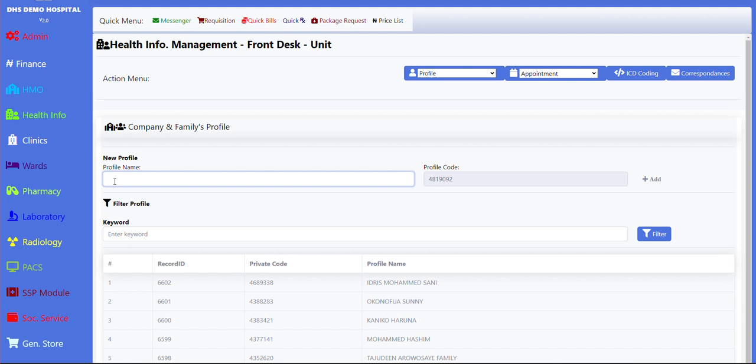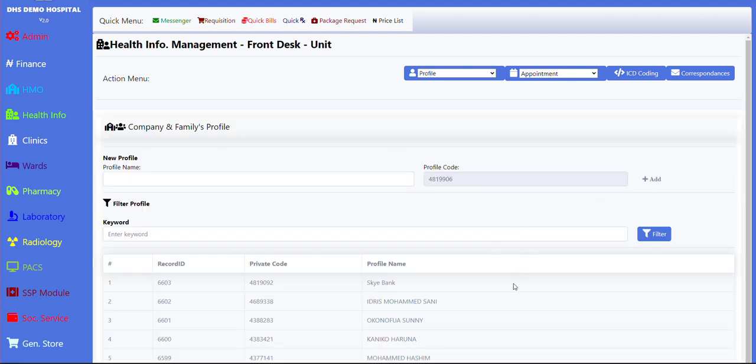To register any company or family, under the profile name, you need to specify the name or title of the family or the company. For instance, like I may say